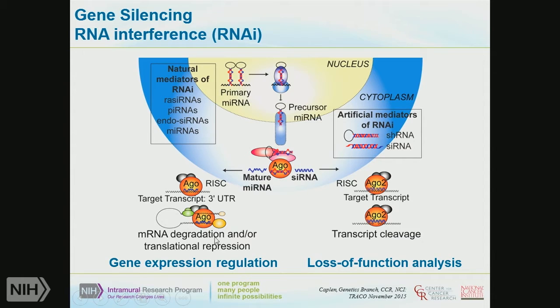There's still, even after nearly 15 years of work, some discussion as to which comes first. Certainly, both are probably playing a role. And this is a very precise, very heavily regulated and very essential process in regulating the expression of between 30 and 50% of protein-encoding genes, if not probably almost all protein-encoding genes at some point.